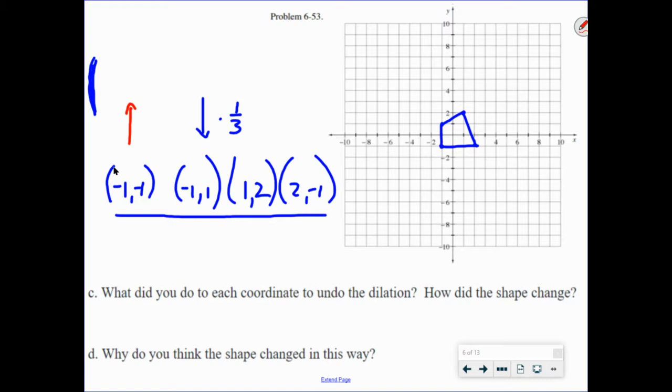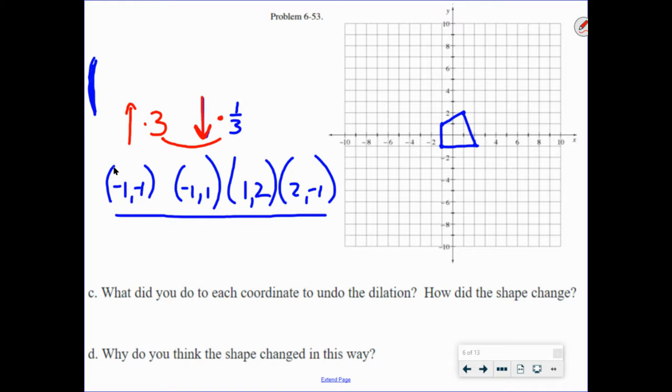And the answer is, this one's kind of weird. You could say dividing by 1/3. You're right. Dividing by 1/3 is the opposite of multiplying by 1/3. Dividing by 1/3, by the way, is the same. This one's kind of the tricky one. It's the same as multiplying by 3. So in this case, instead of doing the multiplication division thing, we're multiplying by the reciprocal. So dividing by 1/3 is the same as multiplying by 3. Okay? So going this way, multiplying by 1/3, the opposite of that is multiplying by 3,